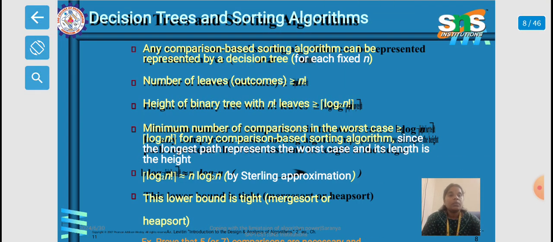Any comparison-based sorting can be represented by a decision tree. For each fixed n, the number of leaves, the outcomes, is greater than or equal to n factorial. The height of a binary tree with n factorial leaves is greater than or equal to log base 2 of n factorial. The minimum number of comparisons